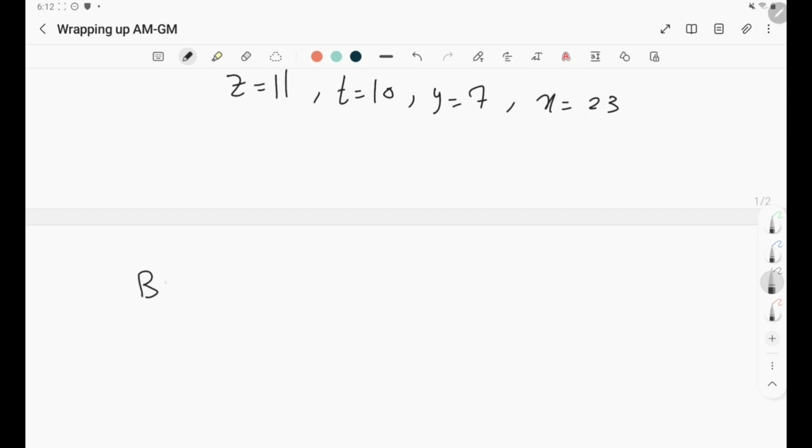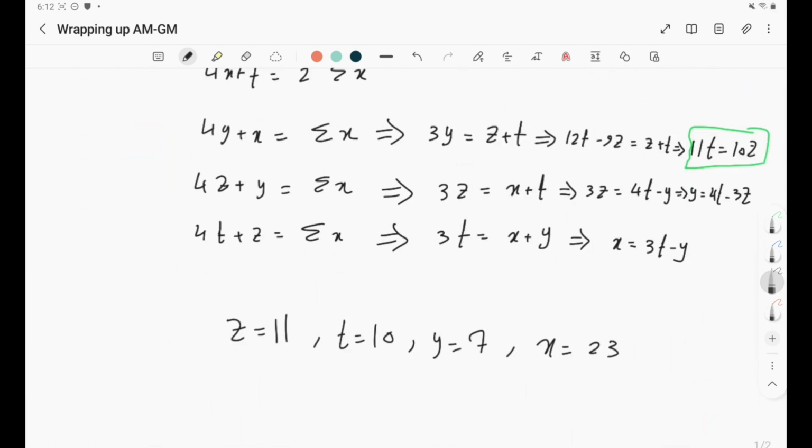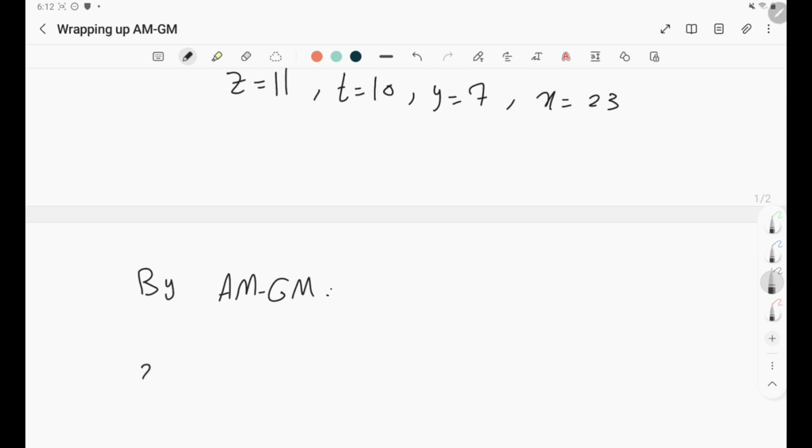You will just say, like you're some magician, and you just simply say by AMGM we can write, what was it, sigma a to the 4b, yes. So we start with a to the 4b plus 7 b to the 4c plus 11 c to the 4d plus 10 d to the 4a. And now by AMGM simply we will get that this is greater than or equal to